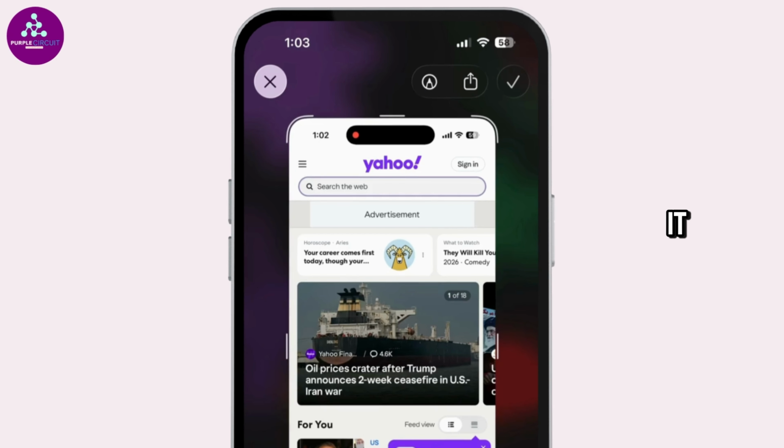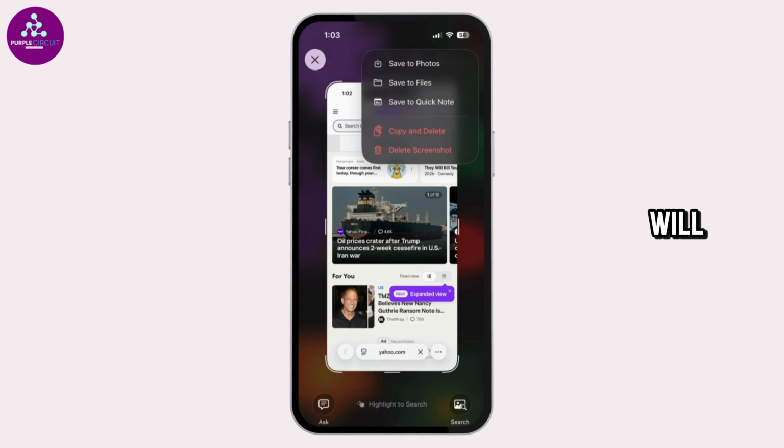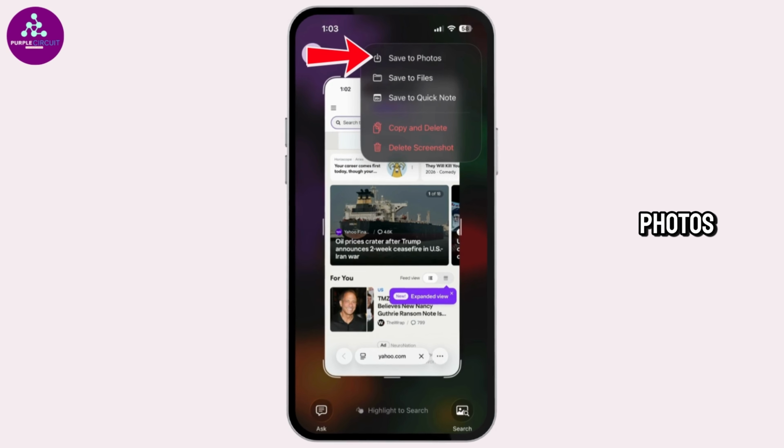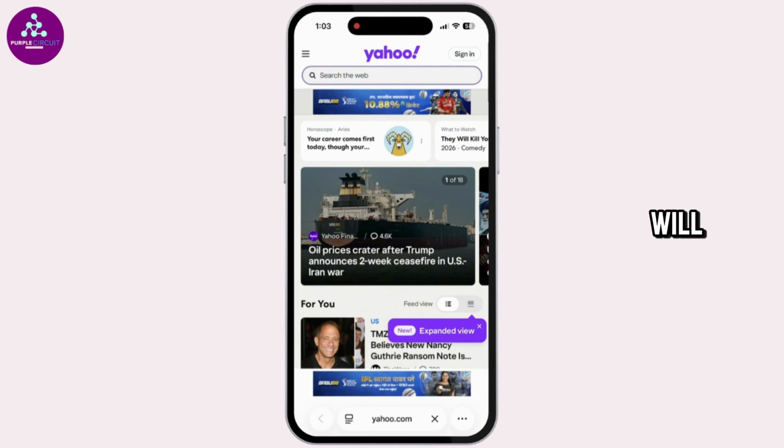left. If you want to save it, all you have to do is click on the tick mark icon given at the top right. Different options will appear. Click on the option Save to Photos. And your screenshot will be stored in the Photos app so you can view it anytime. And that's it. This way you can easily capture